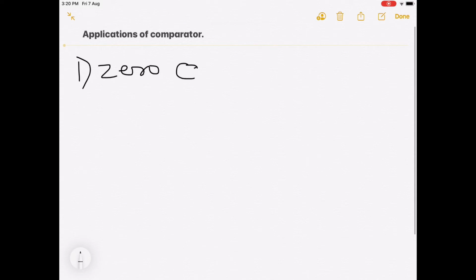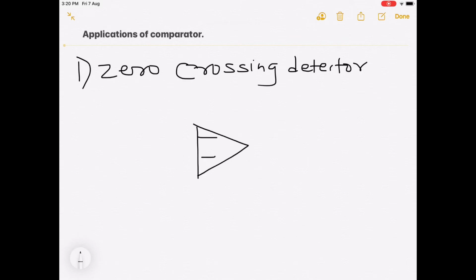Zero crossing detector. So in zero crossing detector, your circuit diagram will be like this. First you have to draw op-amp, its inverting non-inverting terminal, then one resistor you connected, then here we are connected V reference voltage which is 0 because we are comparing some value with the 0. Okay, here 0 crossing which crosses 0 level, that means V reference should be 0.